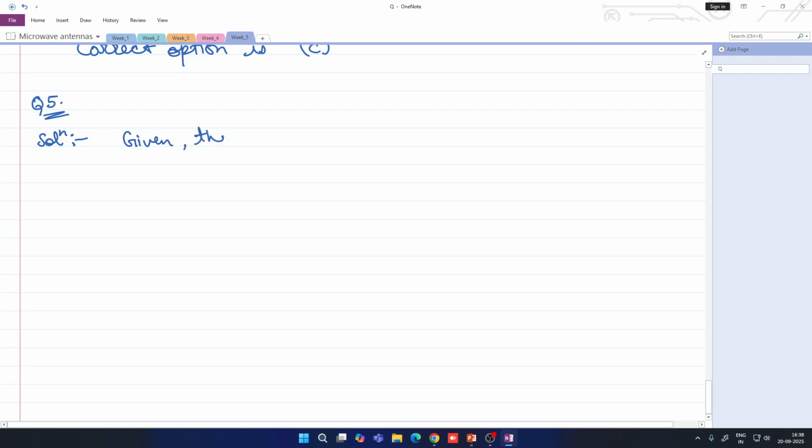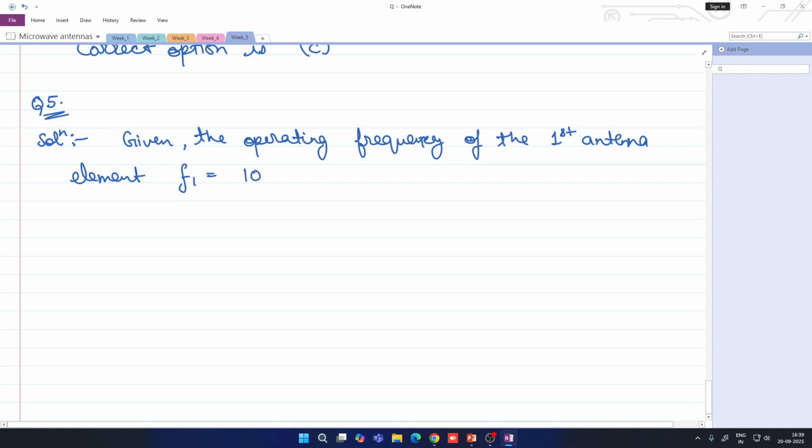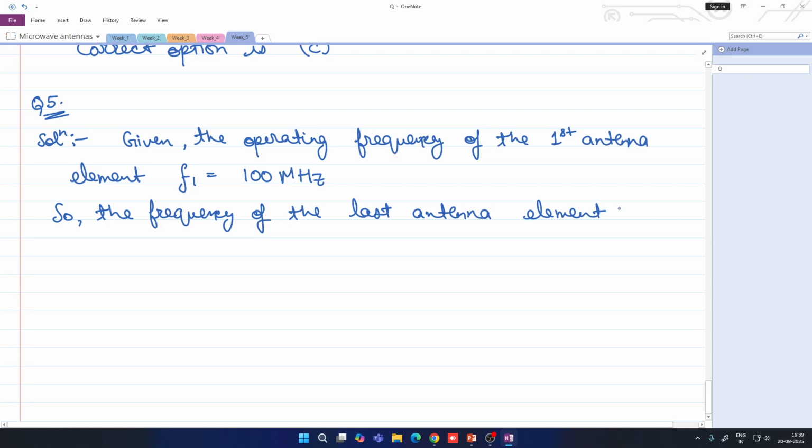So given the operating frequency of the first antenna element, f1 is 100 megahertz, the frequency of the last antenna element is given by